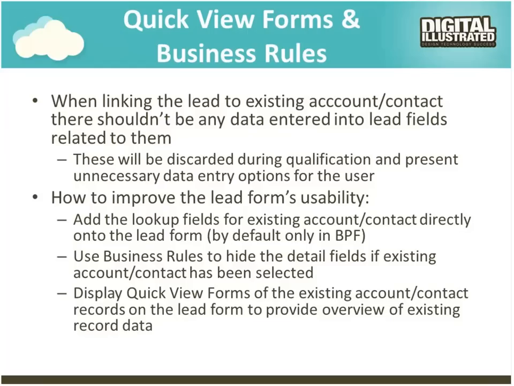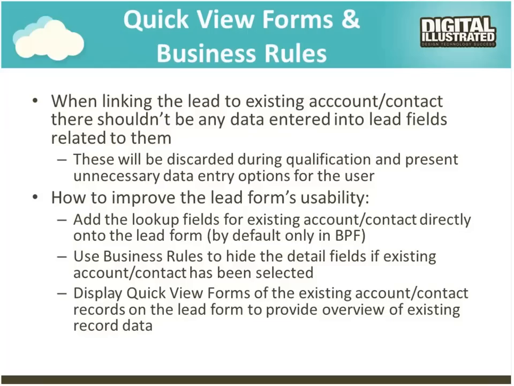So what we can do here with a no-code approach for customization is add these existing fields that are already there on the lead form in the BPF, these links to the existing account and existing contact, and add them into the form in the same place where we usually have the data entry fields for the lead and account information. And then we should attach a business rule to those fields and say that if a user populates, for example, the existing account field, then hide all the fields related to the creation of a new account record. And finally, to make the user experience even nicer, we can then display a